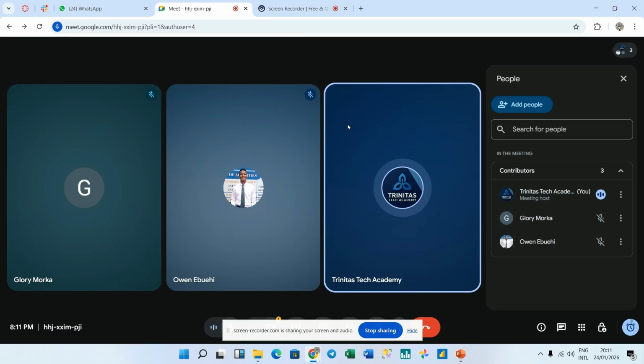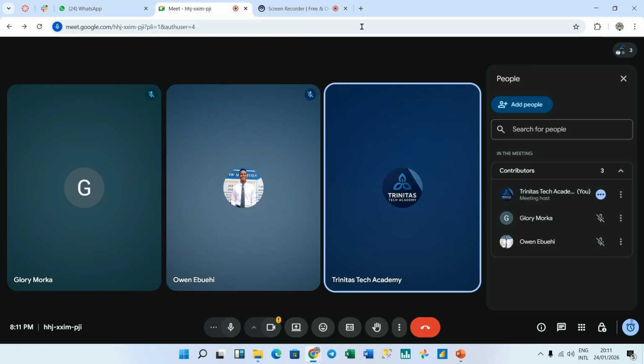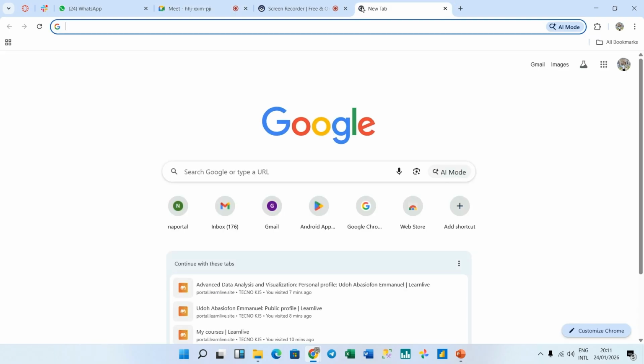And then I discovered that quite a lot of you have not been able to install the Microsoft Power BI. And I'm going to take us through the route on how to install the Microsoft Power BI desktop within a short time so that we can progress with what we actually have to do today. So I want to open another tab so that I will take us through how to install the Microsoft Power